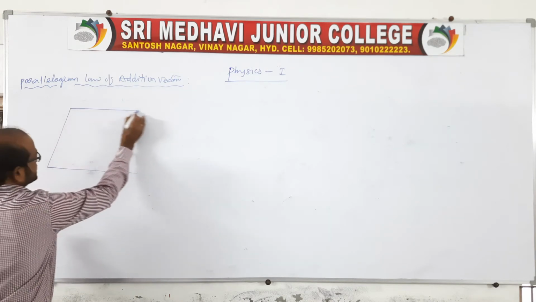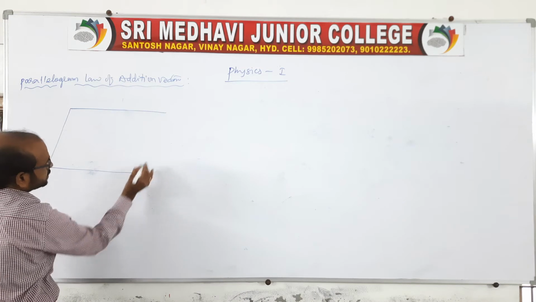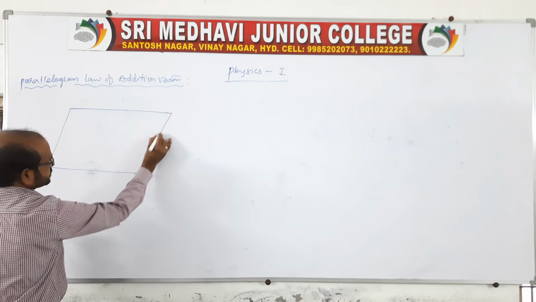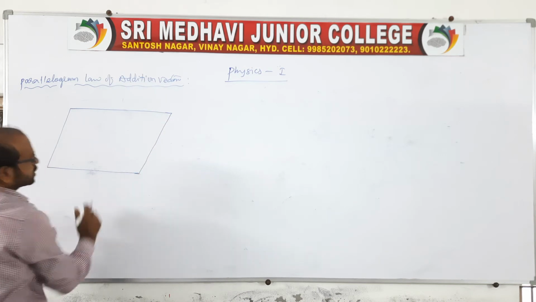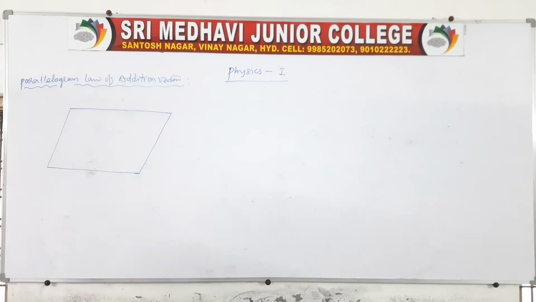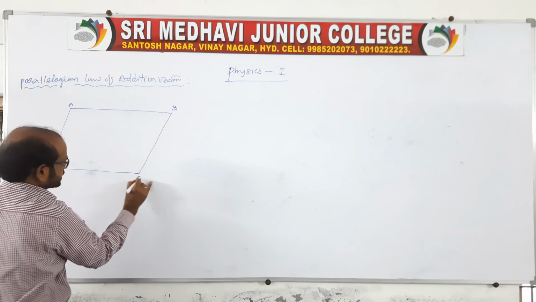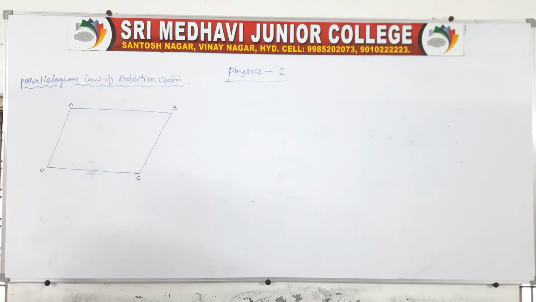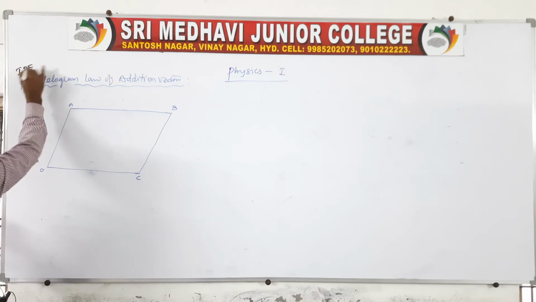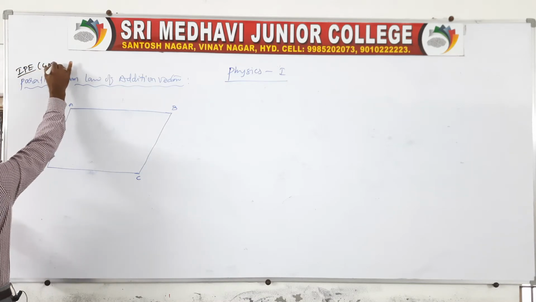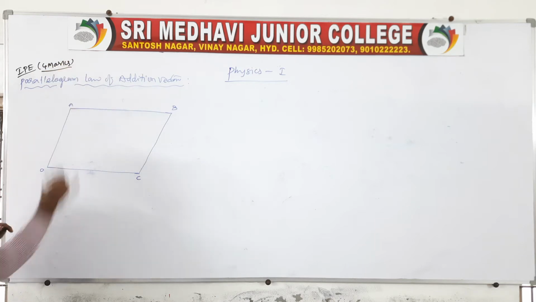You say opposite sides are equal, and here you take it like this. Okay, see, this is the parallelogram. In this parallelogram, this is the origin O, this is A, this is B, and this is C. Everyone concentrate, because this is very important for the IPE 4 marks question. Clear? I'll explain. Coming to the point, in general it is vector addition.